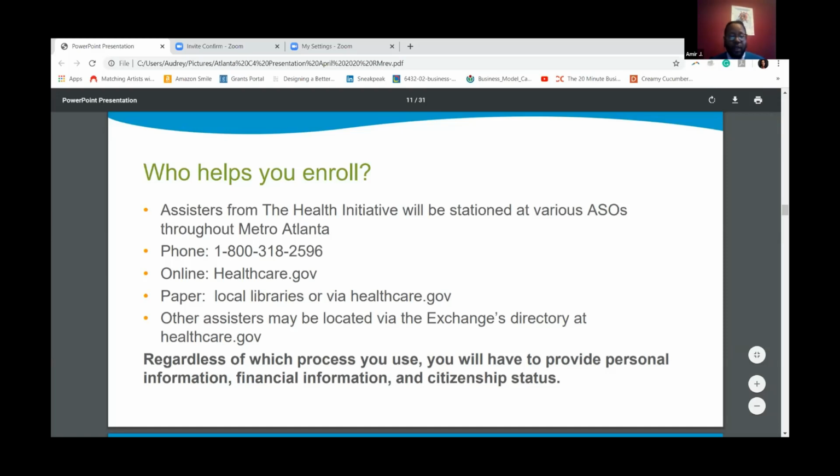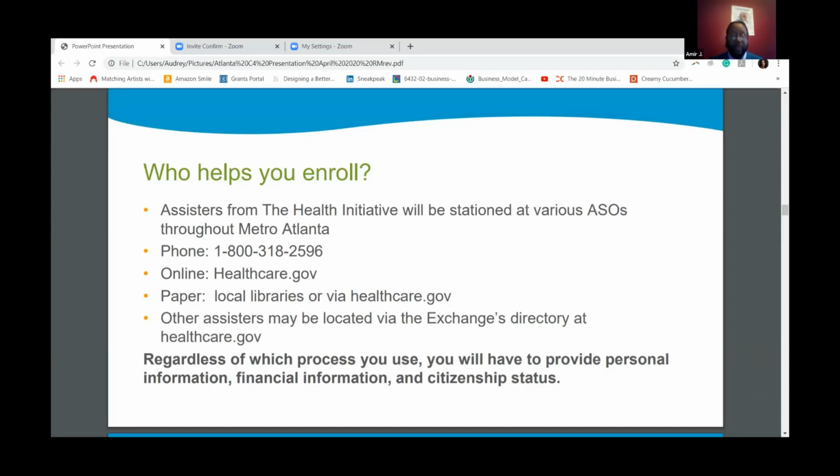Healthcare.gov, which we've referenced a couple of times, is the website portal for the marketplace. And again, please note that healthcare.gov is the website for the federal exchange. It doesn't say anything other than that. And in the event something popped up on your phone, or if you received a text and you're not sure that it's from the marketplace, you will know it based upon the website listed, which is healthcare.gov.